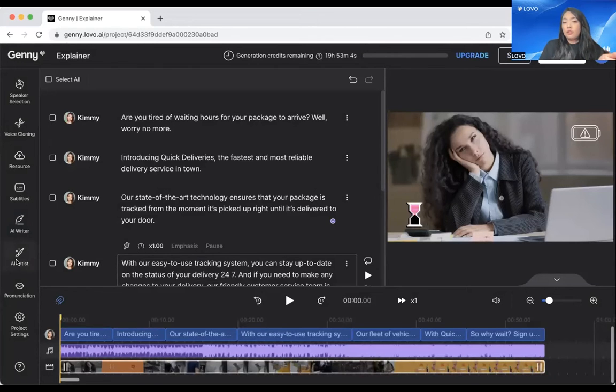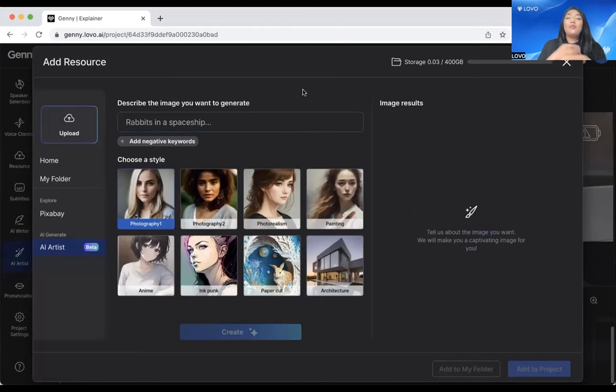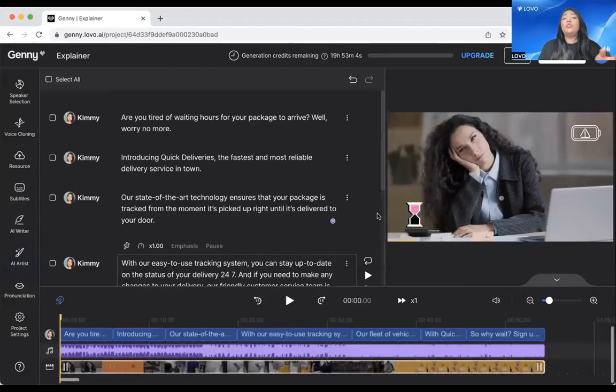And again, with AI Artist, it's the world of prompting. We give you some images, you can select the styles, and then you can add it directly to your project. AI Writer and AI Artist, to use them again, doesn't touch your generation credits. So if you are wanting to experiment with those, I encourage you to go and try those out as well. Super useful for those kind of things. And yeah, so